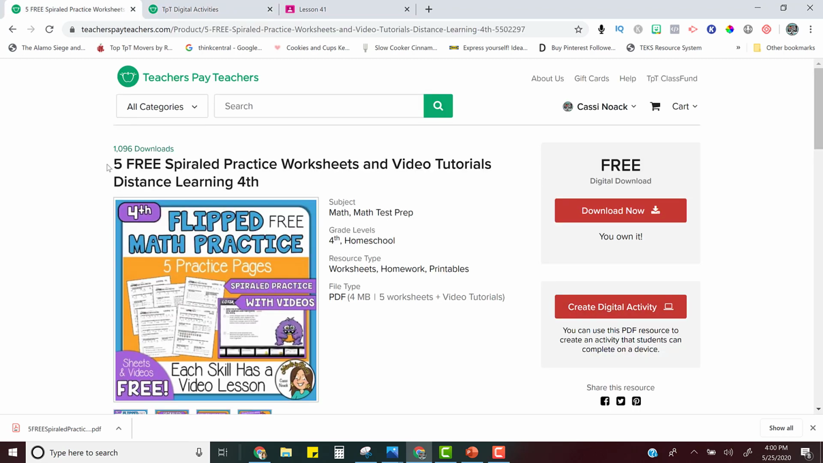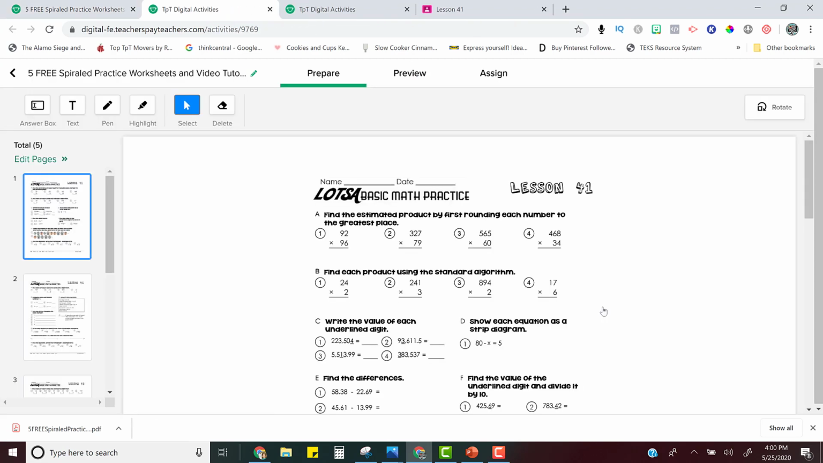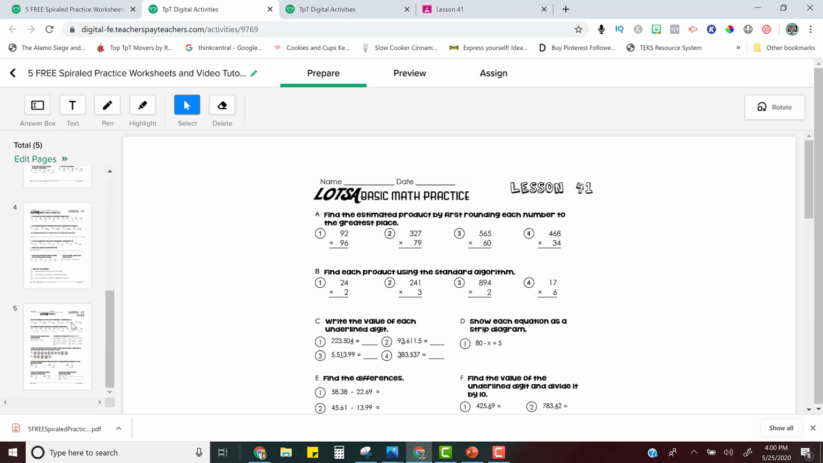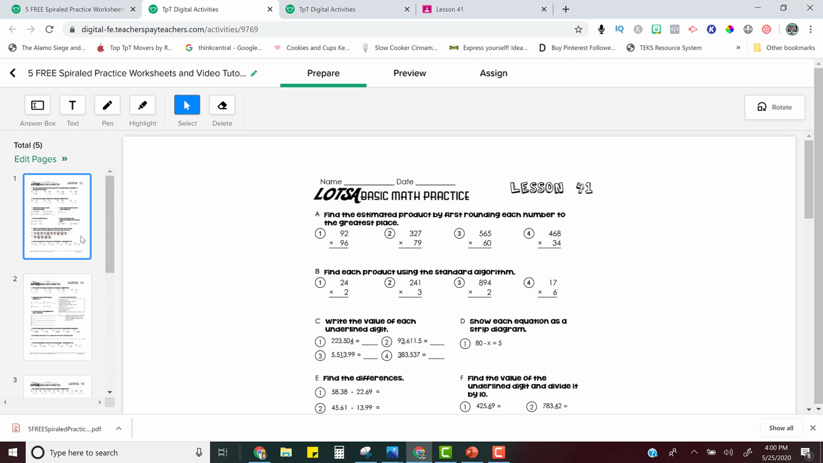When you want to re-access it or start over, you can just go back to your resource in Teachers Pay Teachers and then start over again. Just click Create Digital Activity, and then it kind of starts back off. So this is great for differentiating. You can give some kids some problems, other kids other problems, and this is just one super amazing new feature